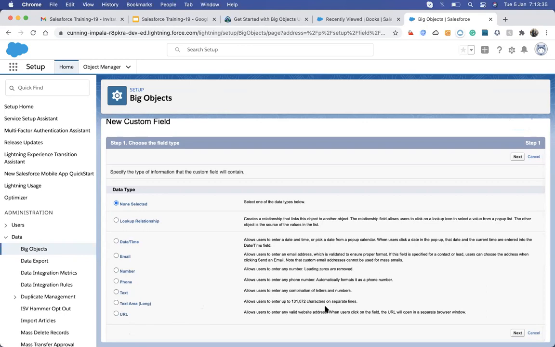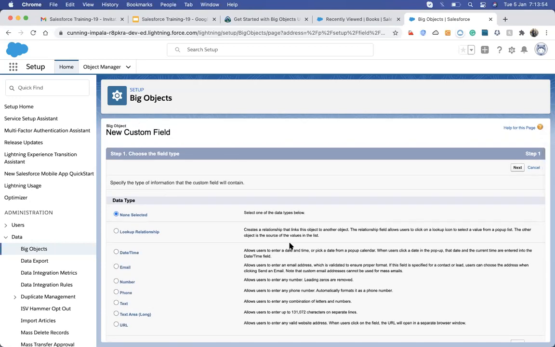But it has one advantage: we can store a large amount of data, and it is more accessible. Its performance is much better than custom objects while processing a large amount of data. Due to that, Salesforce designed it as a separate data store, because a few years back there was no object called big object. They only recently introduced the concept of big objects, for processing a large amount of records. Okay, so that's the thing.